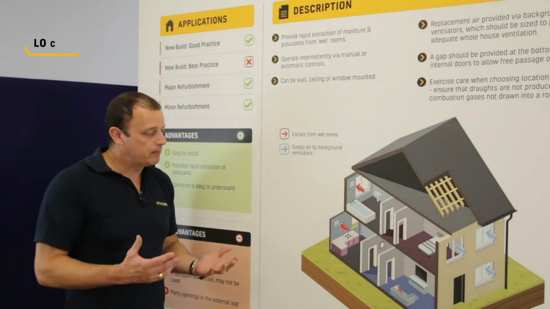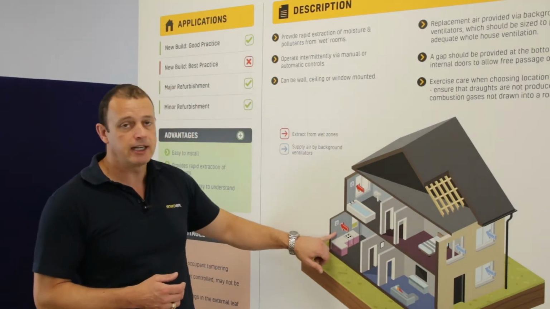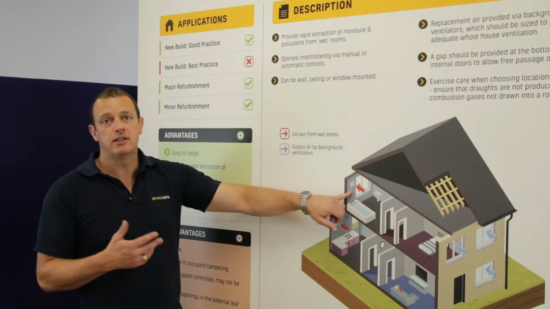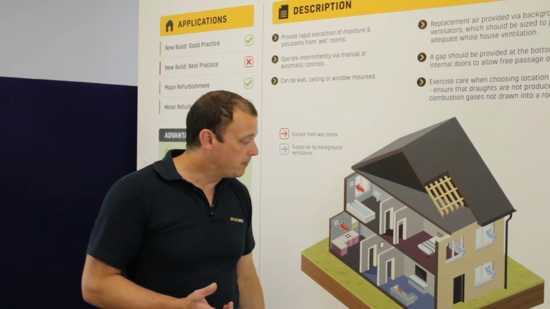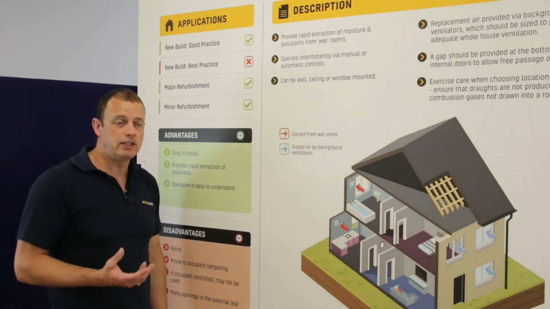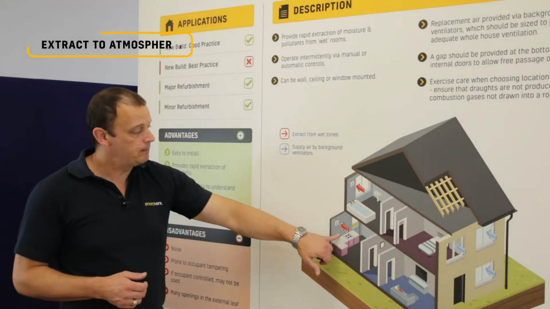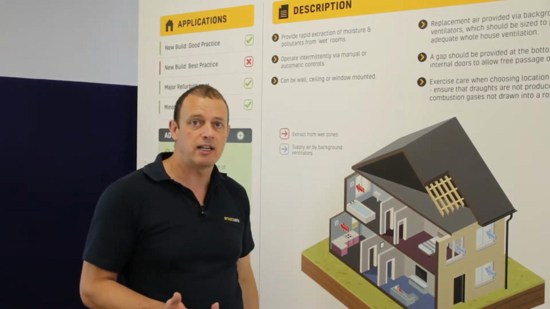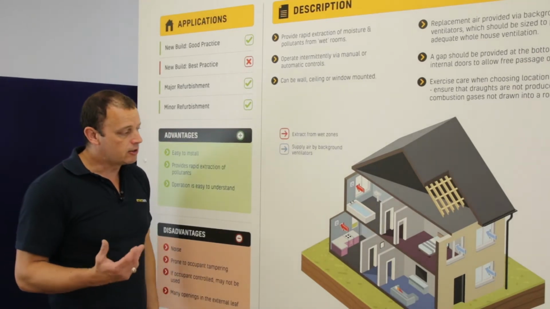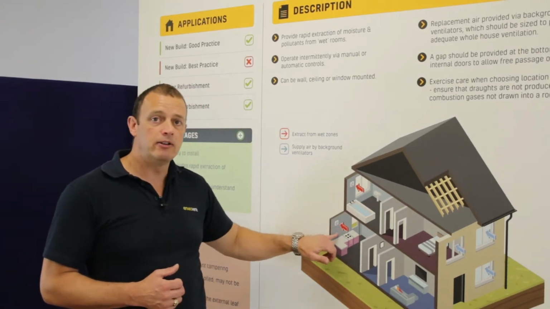What we'd have here, we'd have a series of what we call localised fans. So you'd have a fan in the kitchen, one in the bathroom. You'd then also have one in a utility, an ensuite or a WC, anything we call a wet room. So you need to extract the moist air from the bathroom to outside. Also within a kitchen, you've got any moisture from cooking, also any contaminants or any odours. So we've got to make sure that we extract to atmosphere, and so these are what they're known as intermittent